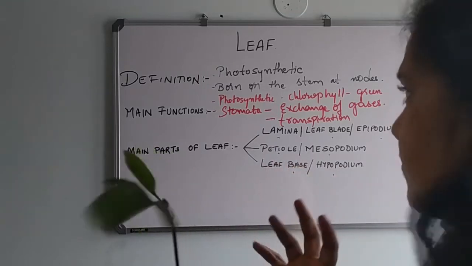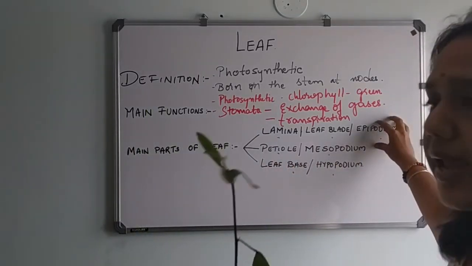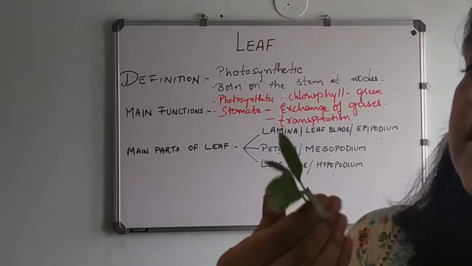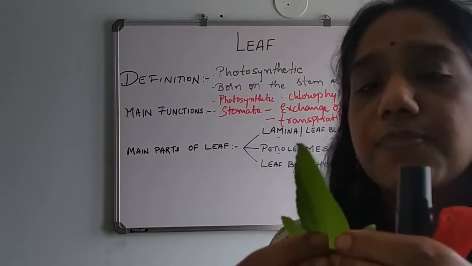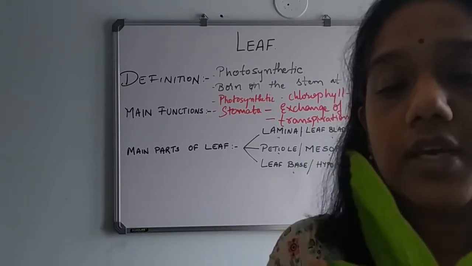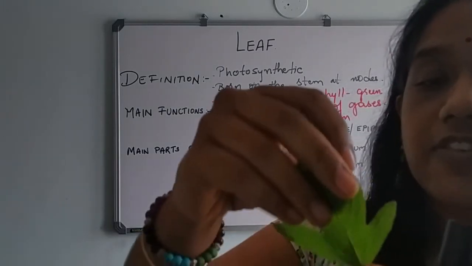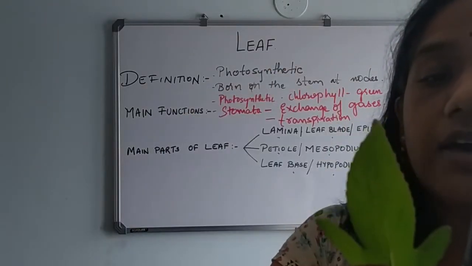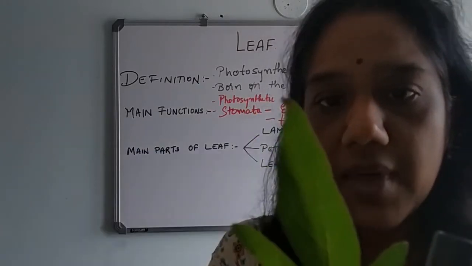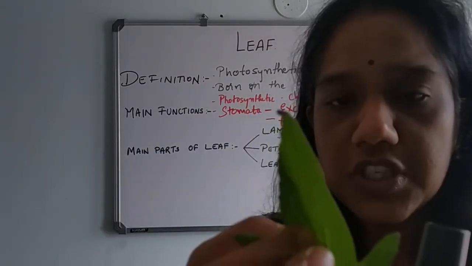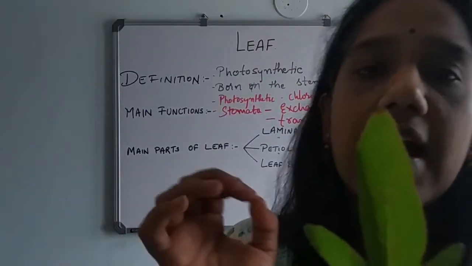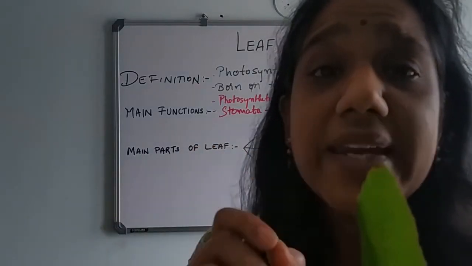Understand? Now first we are going to talk about the leaf blade or the lamina or the epipodium. As you can see here, this particular leaf has certain veins and veinlets. Here in the middle you can see the leaf has a prominent vein which we call the midrib. There are certain other branches coming from the midrib and going towards the end of the leaf blade. They are called the veinlets.